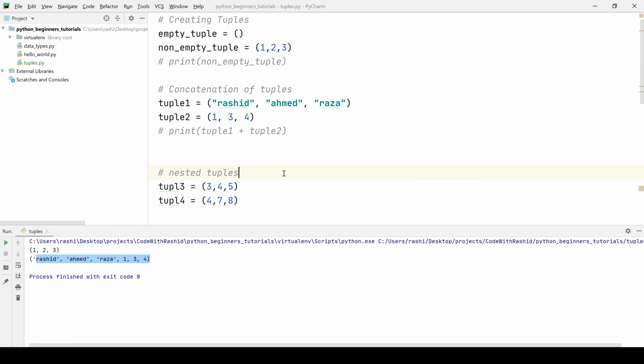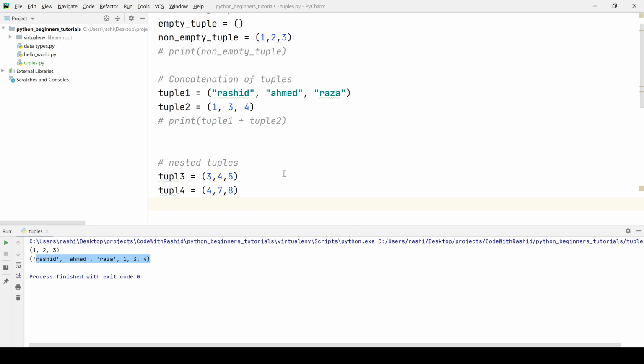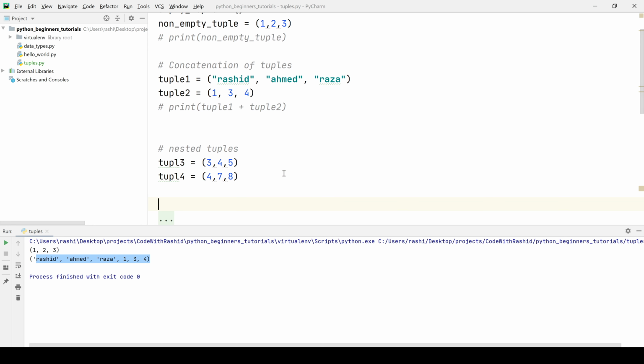Now let's say we have got two tuples, tuple 3 and 4, and we want to add these two tuples inside another tuple. For that purpose we can say tuple 6 is equal to tuple 3 comma tuple 4.